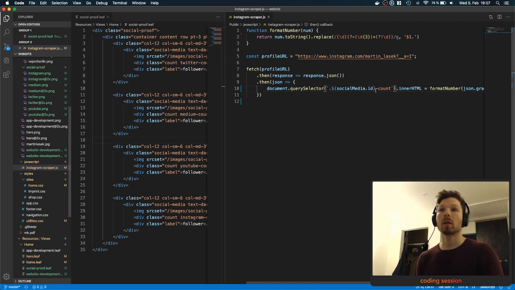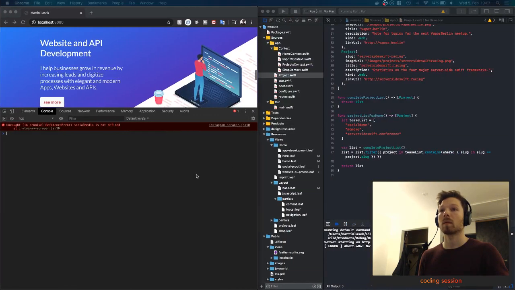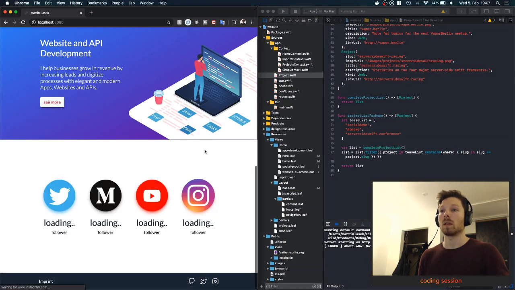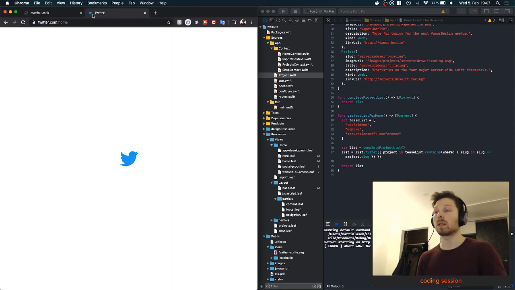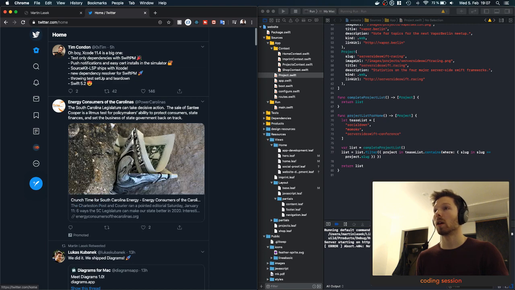Oh yeah, this one. Now, loading, and then it loads the current count. For the other ones, we will just look up the count that's currently the case and put in hard, like static data.